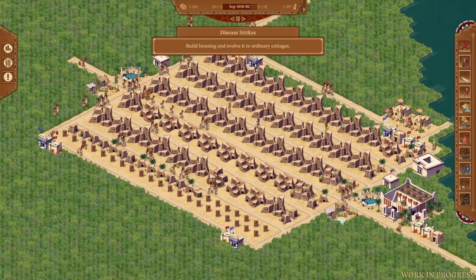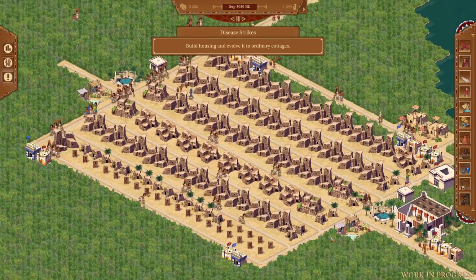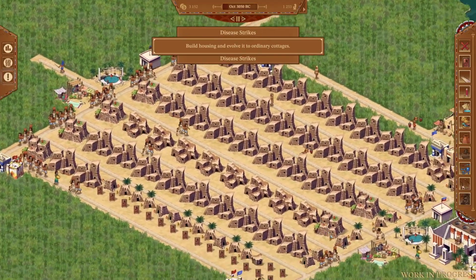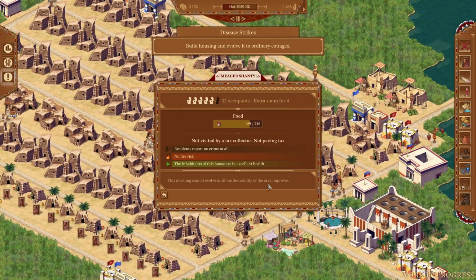Looks like disease has now struck. Let's see where exactly it may be. Lots of people flooding in. To see where there might be some disease here. Looks like we're finally getting things distributed. The next thing is going to be